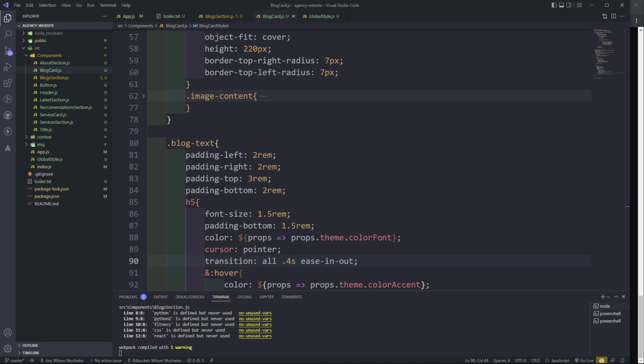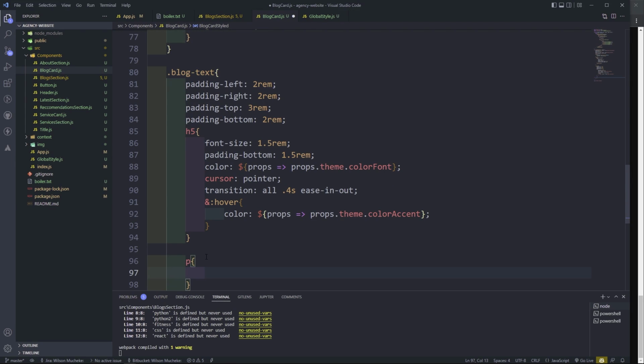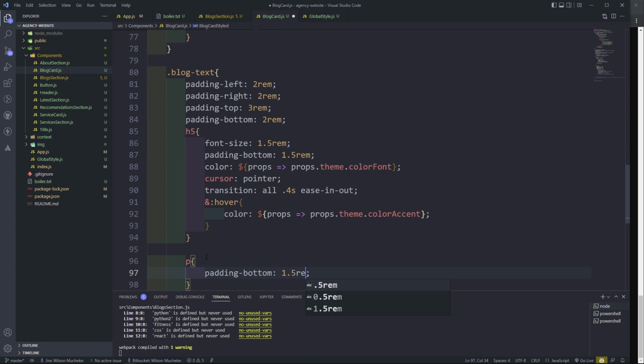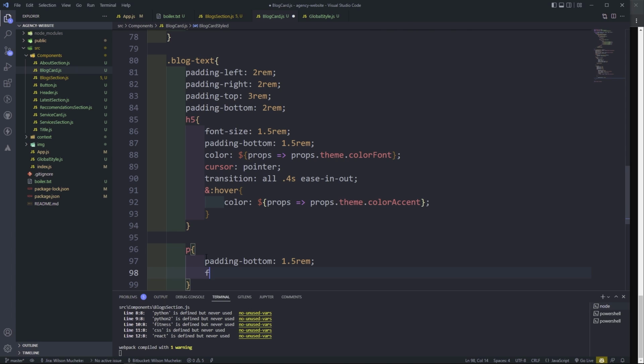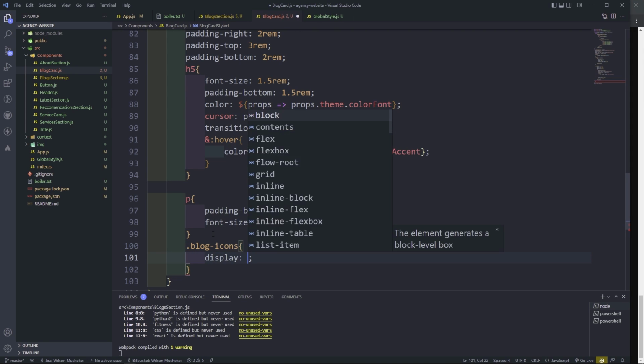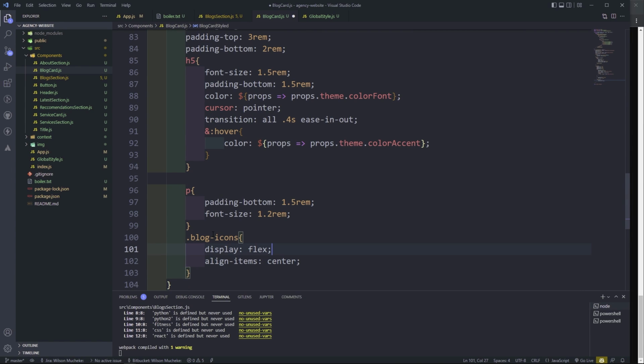Nice. Okay, so after that, after the H5, we're going to target the paragraph with the icons in it. Padding bottom, let's do 1.5 rem, and then let's do font size, let's do 1.2 rem, and then finally we just need to target the blog icons. So we're just going to do display flex, align items to center, padding top